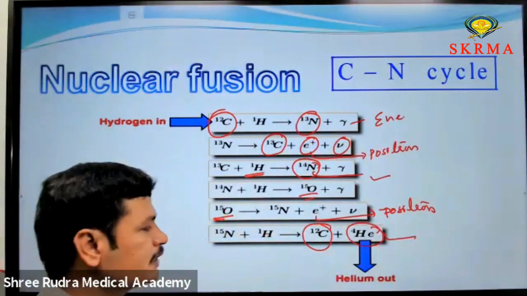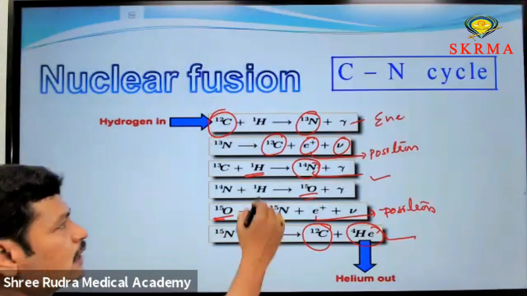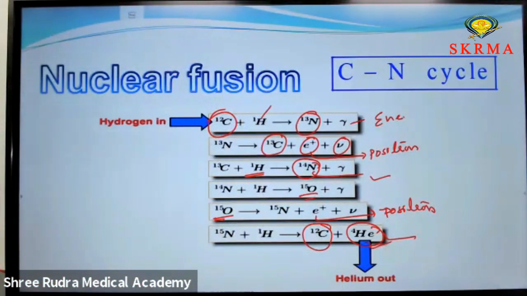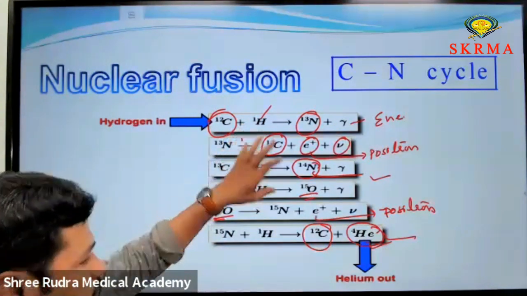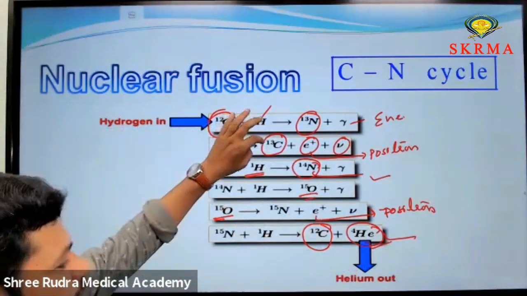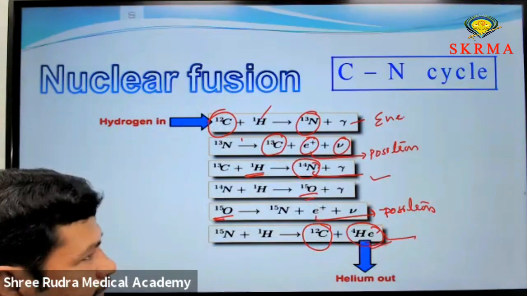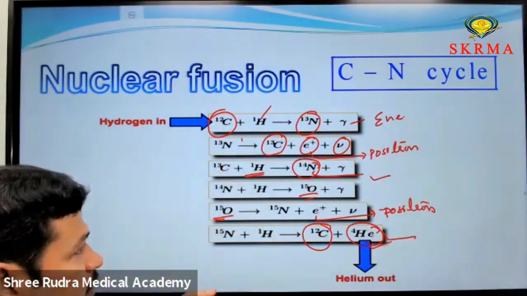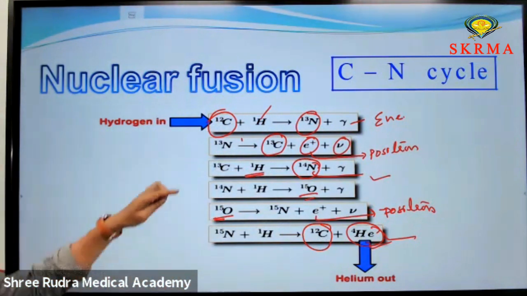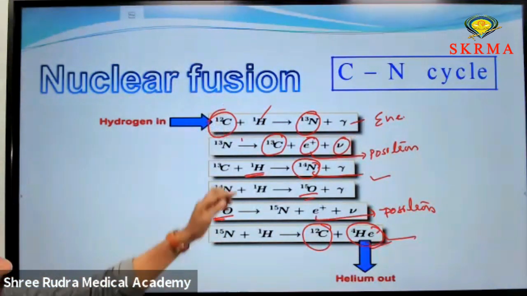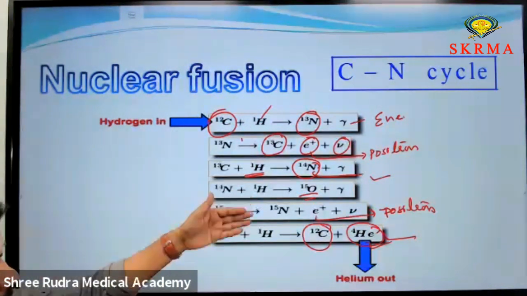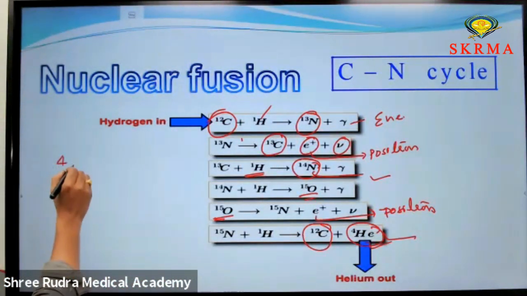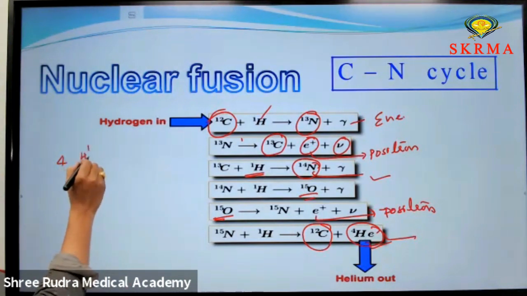The basic thing here is that hydrogen is converted into helium. What is happening in stars? The hydrogen is converted into helium. The hydrogen is in, the helium is out. This is the basic carbon-nitrogen cycle. The key terms here: if you observe the left side of the equations, 1H1, 1H1, 1H1, 1H1, 4 hydrogen, that is 4 protons, 4 1H1 gives us